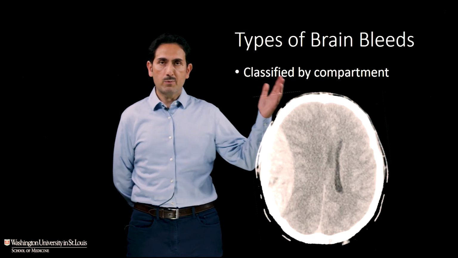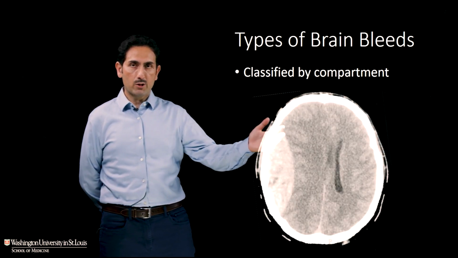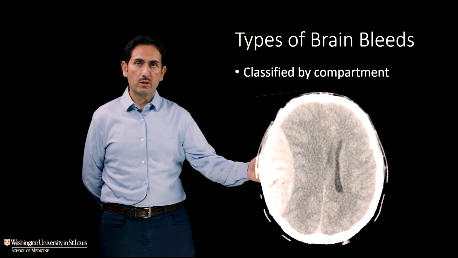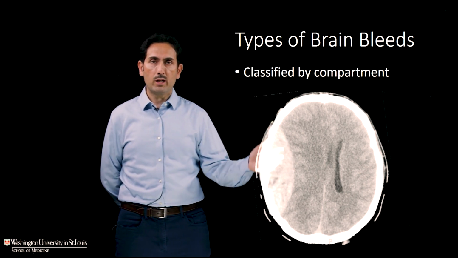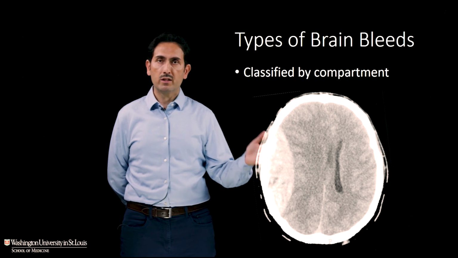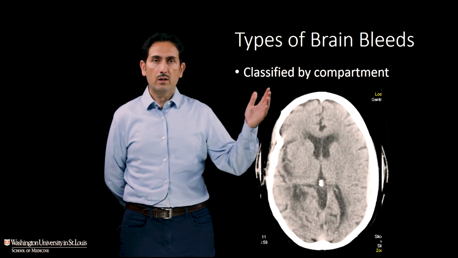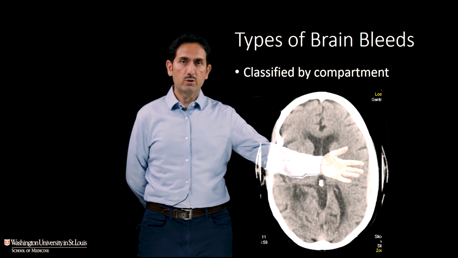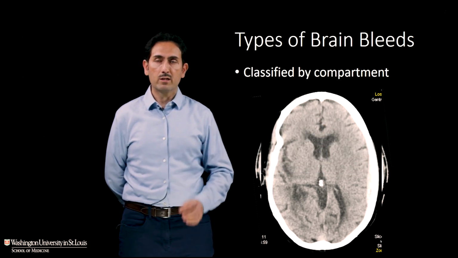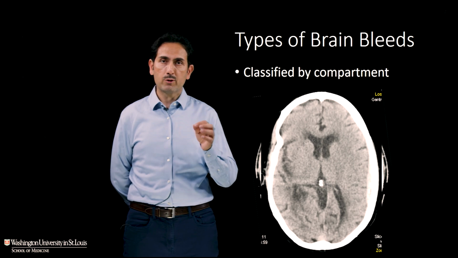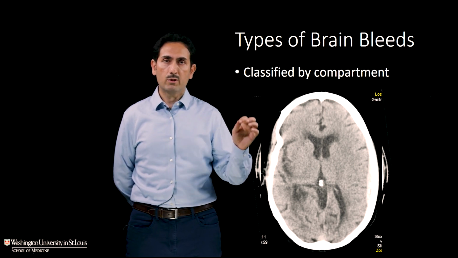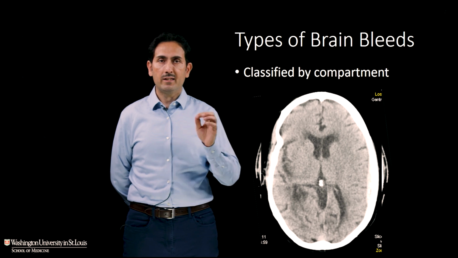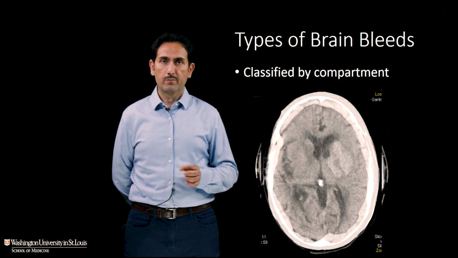The most superficial type of bleeding occurs in the epidural space. These are epidural hematomas, typically arterial bleeding associated with trauma. These are lens-shaped and usually require surgery and can lead to severe acute deterioration. On the left of the brain here, you see a subdural hematoma. These are usually venous bleeding. They can be traumatic or spontaneous. They're typically acute, subacute, or even chronic, and they may or may not require surgery.